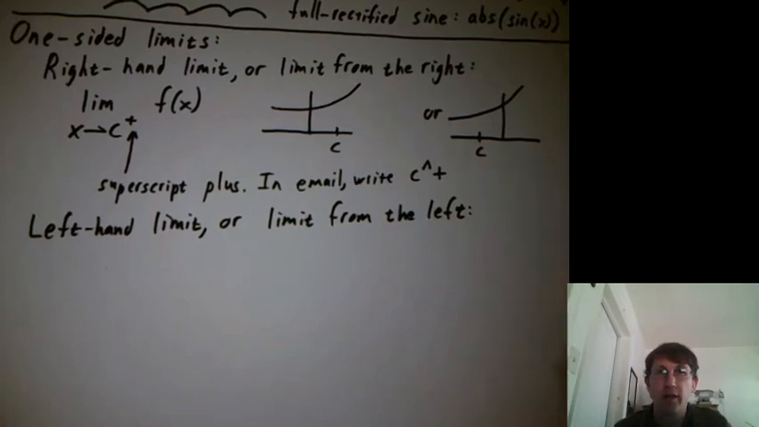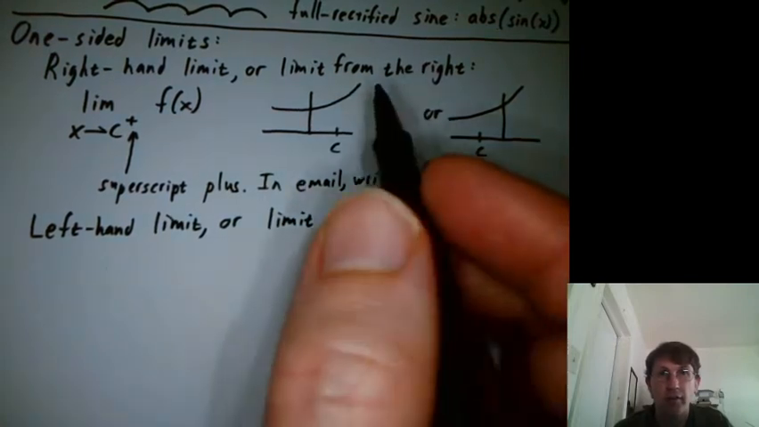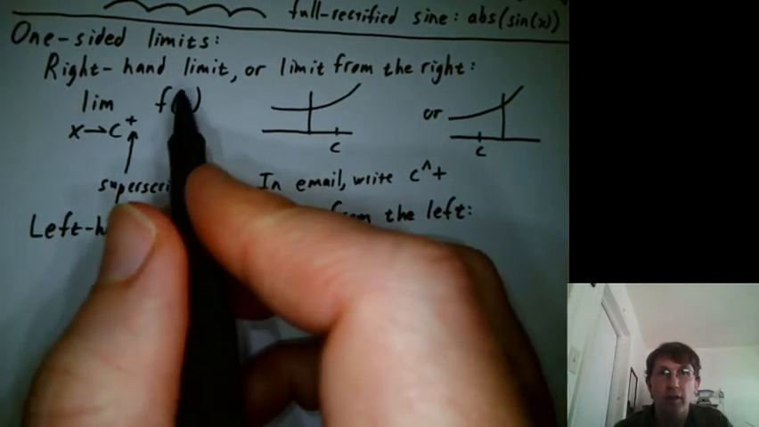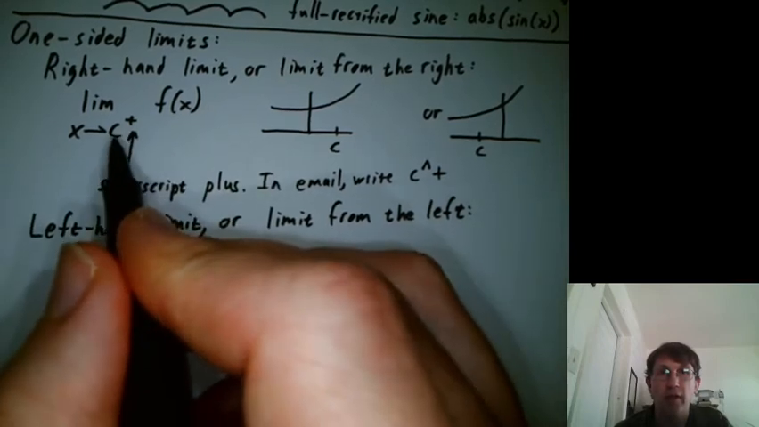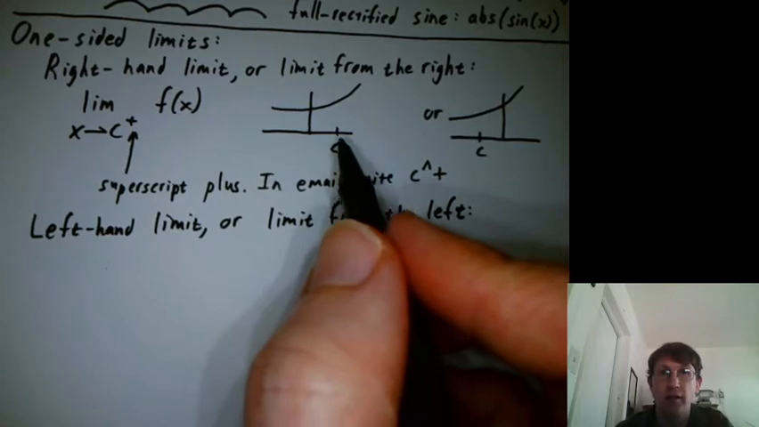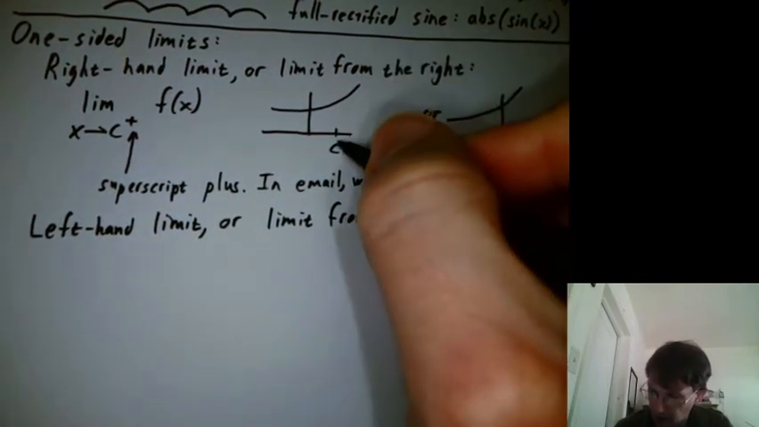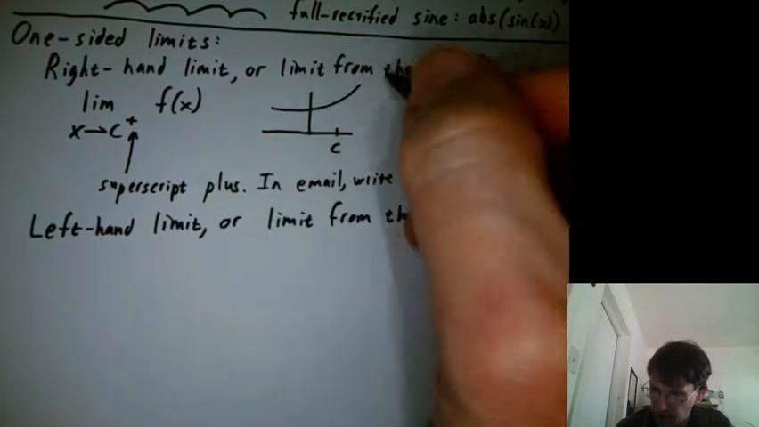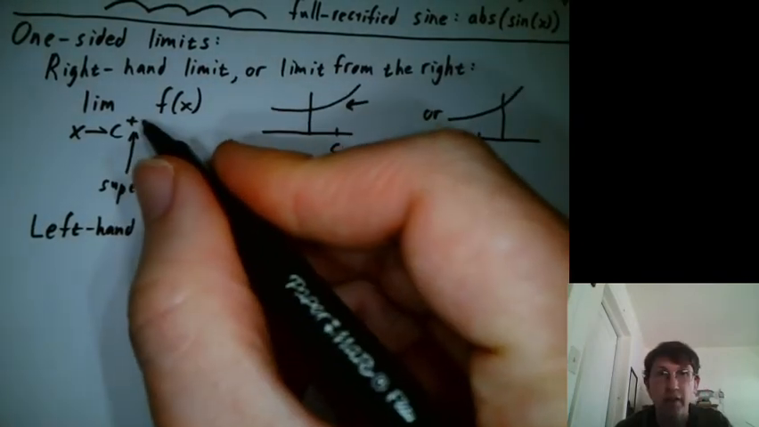All right, so let's define one-sided limits. We'll start with the right-hand limit, or the limit from the right. So we write it mostly the same way as before, but we put a superscript plus after the c value, the kind of destination of x that we're thinking of as we're thinking about how the y values change. So here, if I'm approaching c from the right, I must be approaching from the positive infinity side, you could